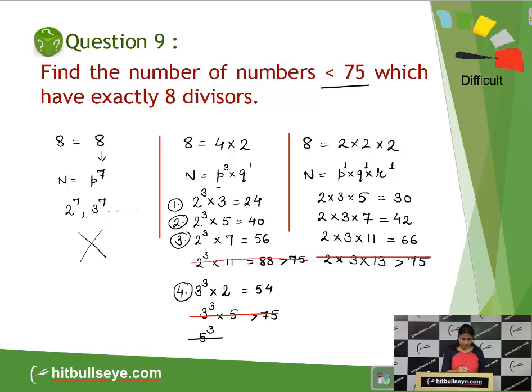So let us move further. Now we will write down all the combinations with 3. Now it can be 3 into 5 into 7. We will not consider it from now onwards. But we are left with one more case. That is 2 into 5 into 7, which is 70.